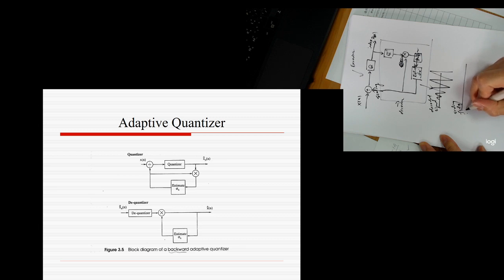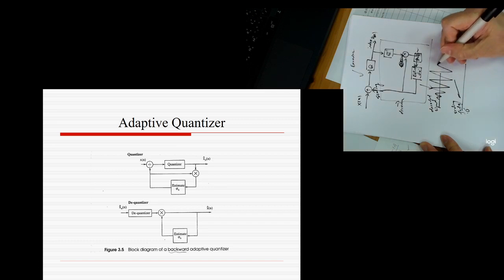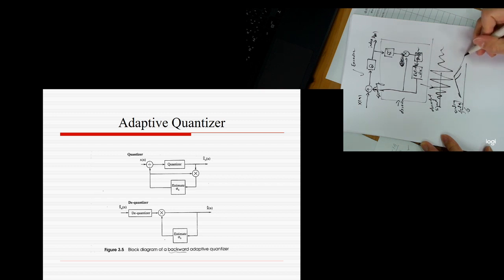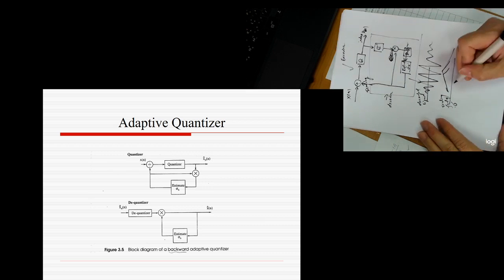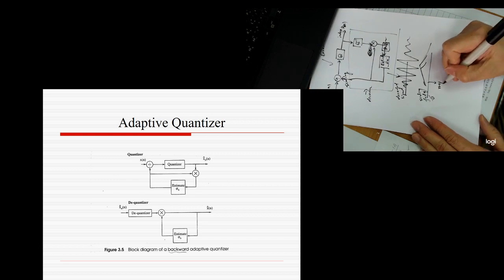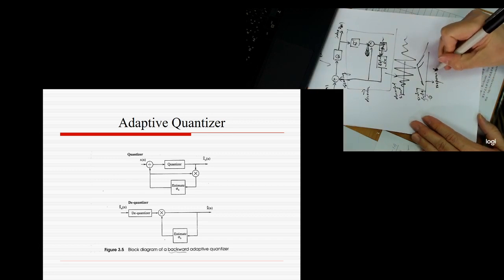We estimate it. So our decoding signal becomes bigger, so our scaling factor is supposed to become bigger, and when our decoding signal becomes smaller, our scaling factor will come down, go smaller. However, this one, their response